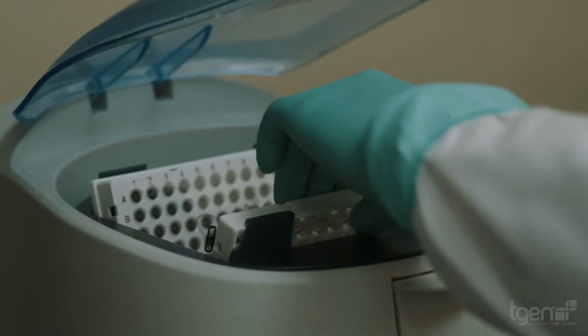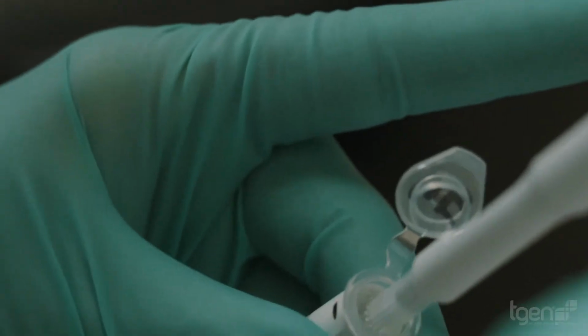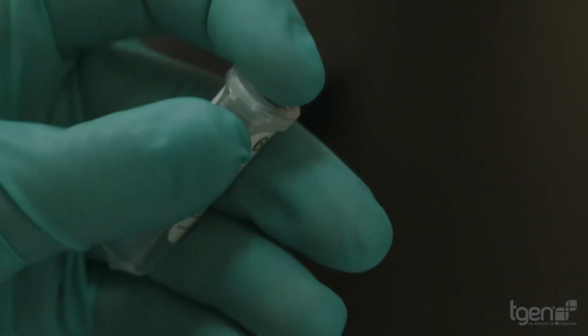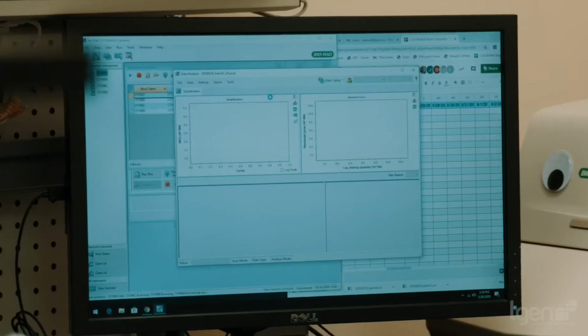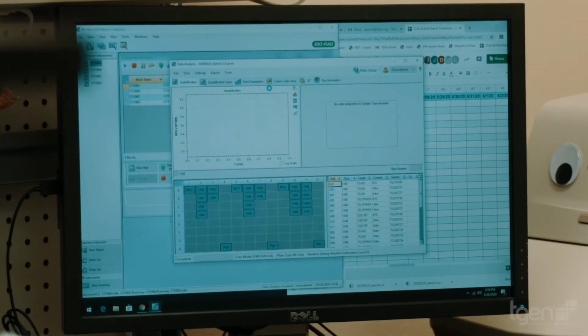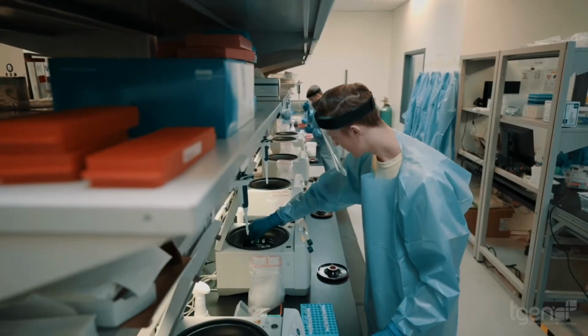COVID has changed our world immensely. Our world of work is almost exclusively COVID-19. It's about the community transmission and how to stop the spread, bottom line. This virus has been matched by the speed of innovation. There's been this really unprecedented, rapid response of all of these scientists all over the world, just sequencing the heck out of all of these viral genomes, and putting the data into a place where all these other scientists can access it. No doubt that things are moving much faster than they ever were before. What used to take years is now taking months. What used to take months is now taking weeks or even days.